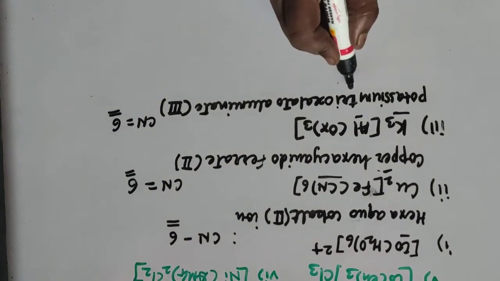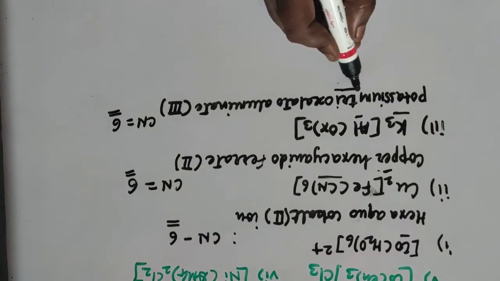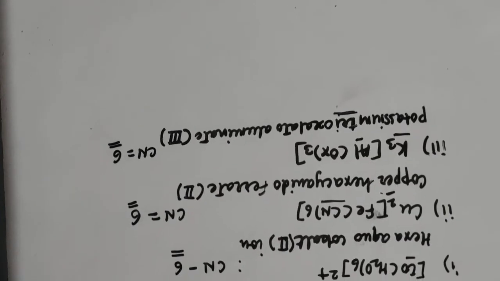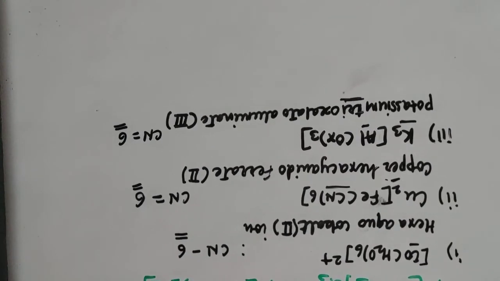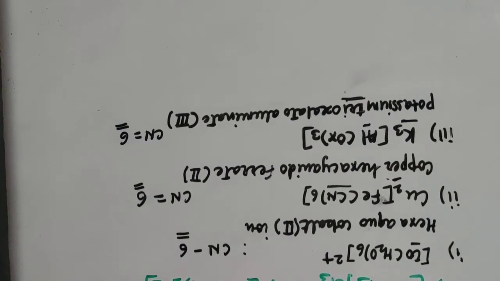Now I told you why we are not using di, tri here, though it is a chelate ligand. Here we are using tris or bis or tetrakis or pentakis. These prefixes we use for a ligand which already contains a number in its name. For example, take en, ethylene diamine. In ethylene diamine, the number di is already there, so we use bis here.